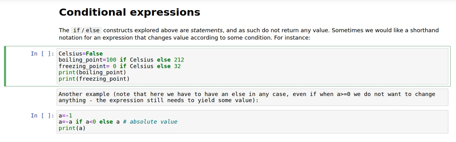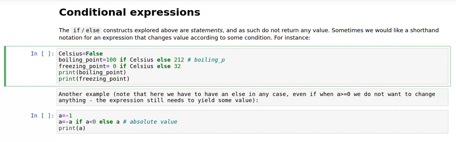A word about conditional expressions. These are just a convenience feature, and they date back as far as Fortran, in fact. You find them in a lot of other languages such as Java, C, C++, so if you're familiar with one of those, for instance, this line would look like that. It would be something like